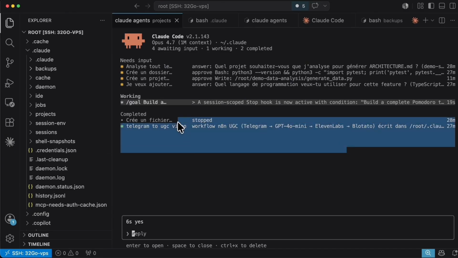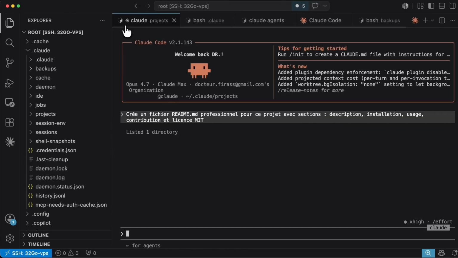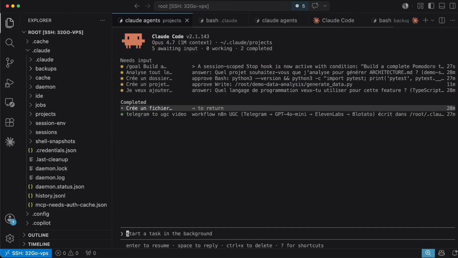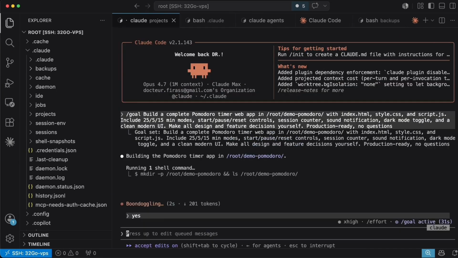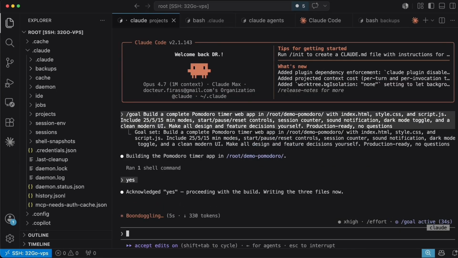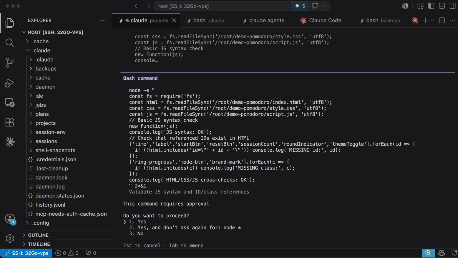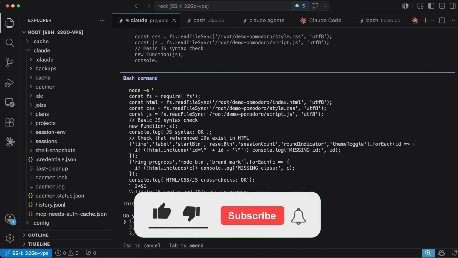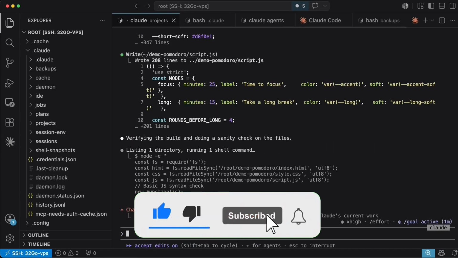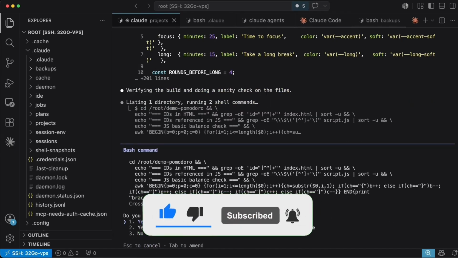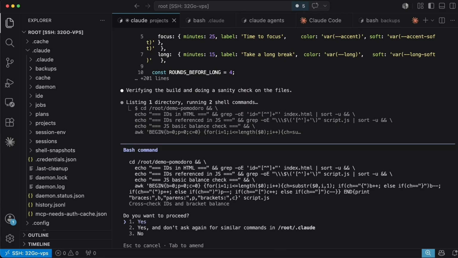And so the goal is also, in a way, a prompt that will allow me to create something much more advanced that will simply allow me, in fact, to tell my agent, don't stop until you finish this task, and it's a top priority mission. So here I always give it the necessary permissions so it can function properly. And I remind you, actually, the /goal is a feature that is very powerful. And here, this is what we call autonomous loop mode. So what is it? Autonomous loop, when I set